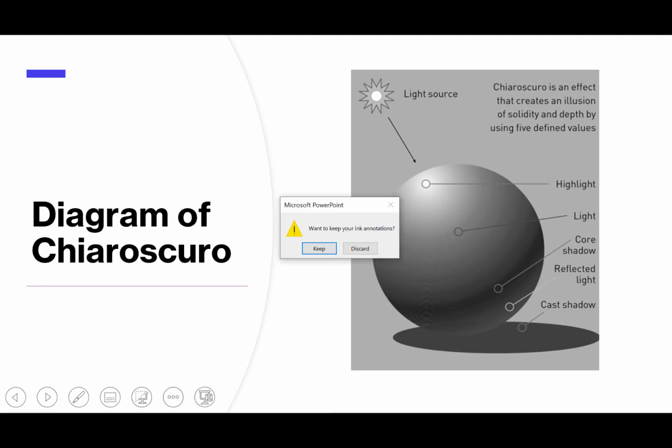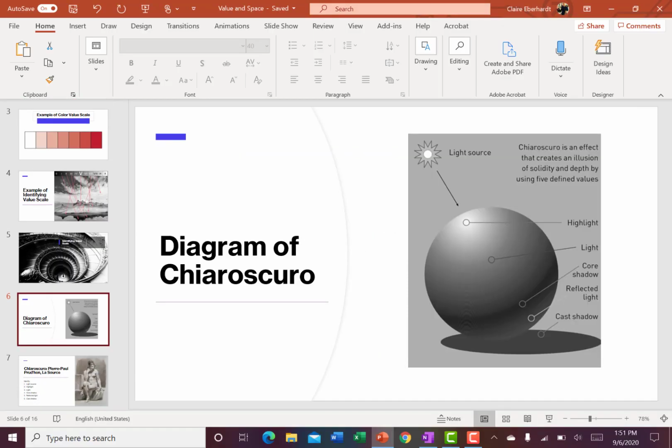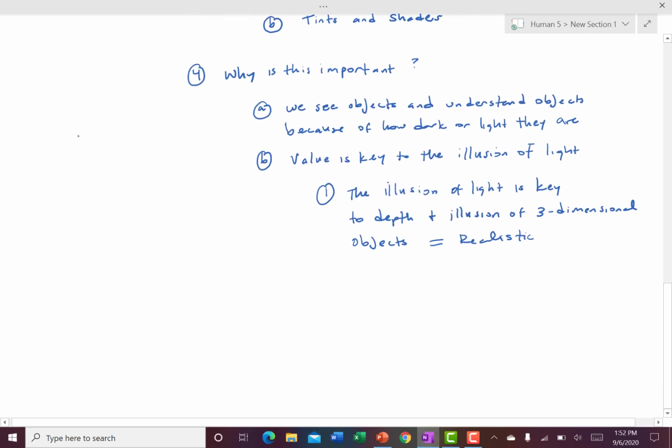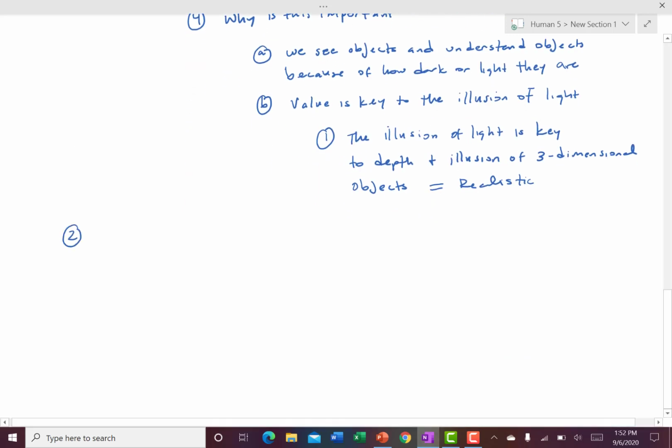All right, we'll come back to that in just a minute. We're going to come back to this diagram because I want to just explain it first, and then we'll look at the diagram. So chiaroscuro